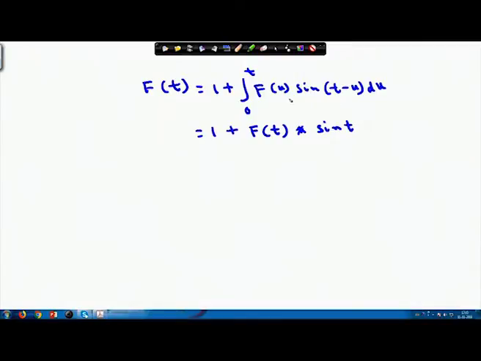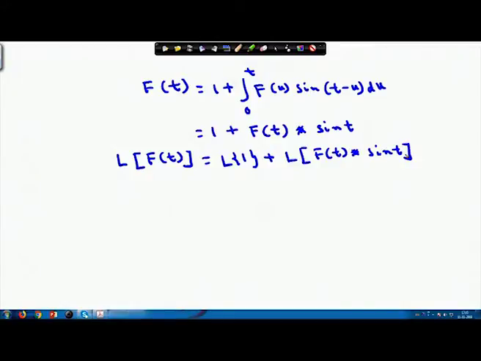This is your f(u), this is sin(t minus u). So, from the property of the integral, we can write it as f(t) convolution sin t. Now, take Laplace transform on both sides of the given equation. So, this equals Laplace transform of 1 plus Laplace transform of f(t) convolution sin t,